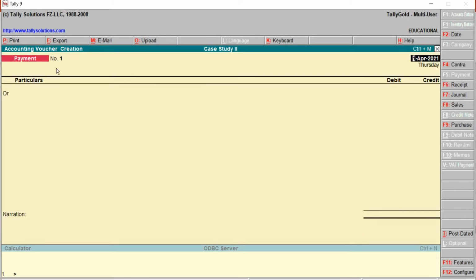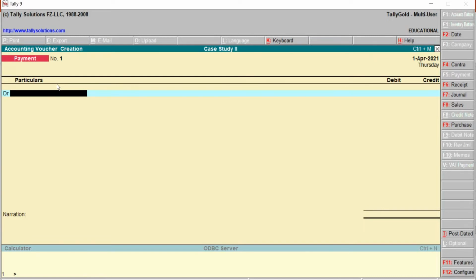Payment voucher, voucher number 1, right? And here debit, we can combine also. We can take it separately also. We can take furniture and machinery account. We can combine the amount, that is 10,000 and 5,000. This will be 15,000. Or else we can create a separate account, that is furniture account 5,000, machinery account 10,000. Either we can combine or else we can show it separately also.